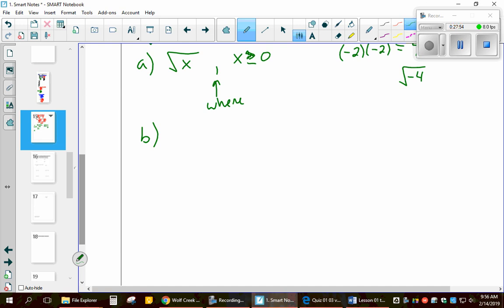There's a couple of wrinkles here though. What if I had the square root of x squared, and I'm saying a restriction on that one? Well, you might say x has to be greater than 0 again, but does it? Let's just throw some numbers in here. If I put 1 in, 1 squared is 1, and that's fine. That'll be the square root of 1, which will be a real number. If I put in negative 1 squared,